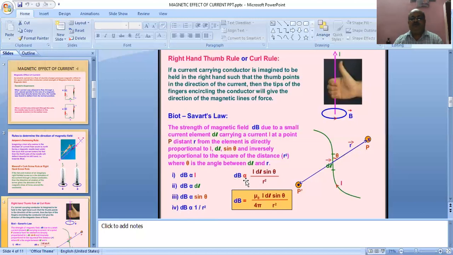So dB equals a constant into this, and here the value of the constant is mu naught by 4 pi, where mu naught is the absolute permeability in free space, and its value is 4 pi into 10 to the power minus 7